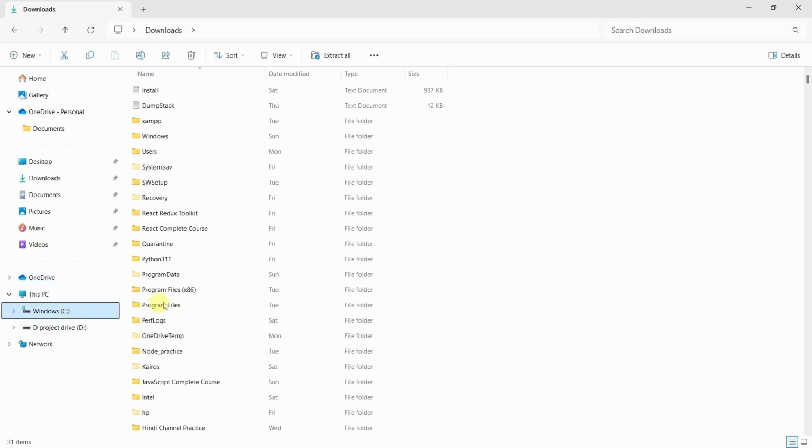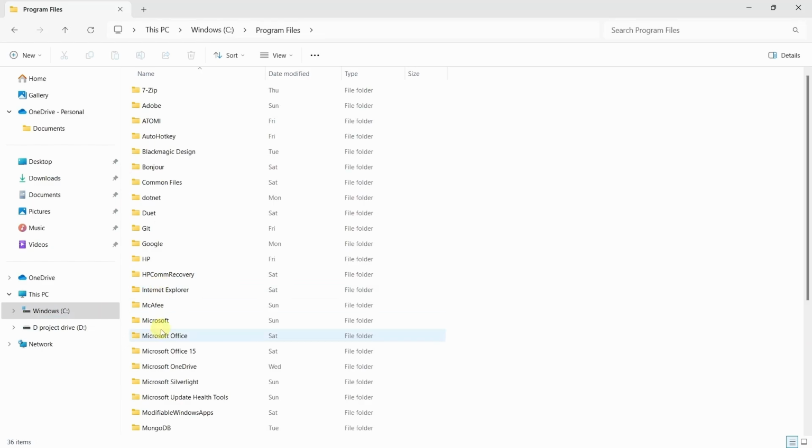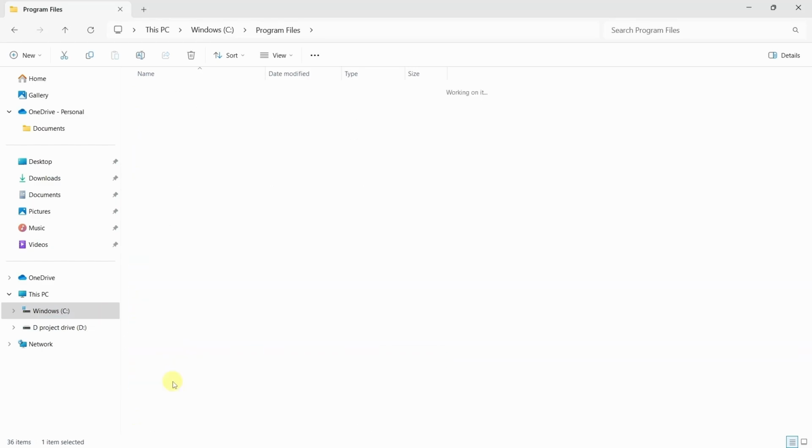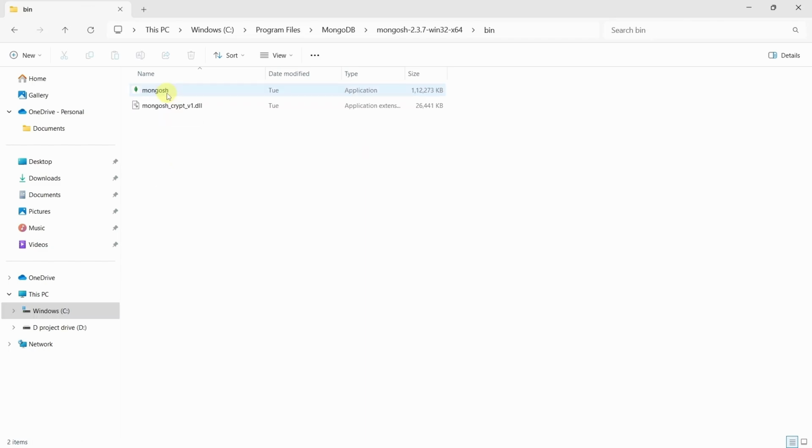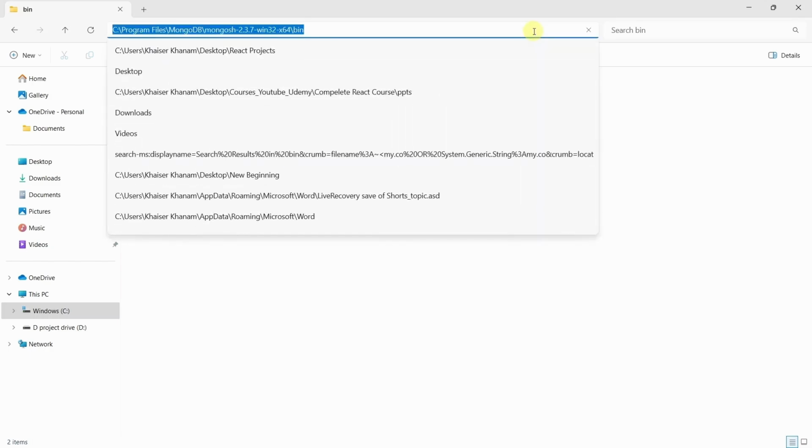Extraction is complete. Now I will come to C drive, Program Files. Inside this I will open Mongo, and here I am having that folder. I will open this folder. Inside this we are having this bin. I will open, and inside this we are going to have the mongosh REPL package. So this entire path I will copy,